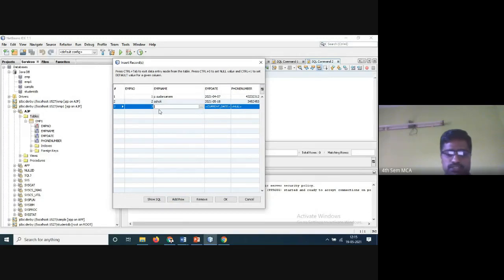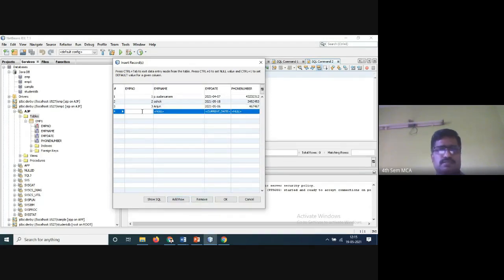and I'll go for Arjun. Some date and the phone numbers. You have to enter some numbers and add row. Fourth one. Go for 2 girls. Nayana.